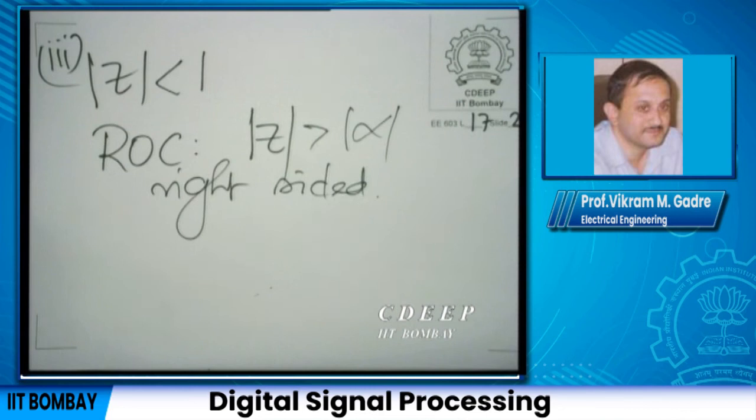So, what are we saying in effect? There cannot be a pole on the unit circle. If there are any poles with magnitude greater than 1, the region of convergence must be to the interior of such poles. If there are any poles with magnitude less than 1, the region of convergence must be to the